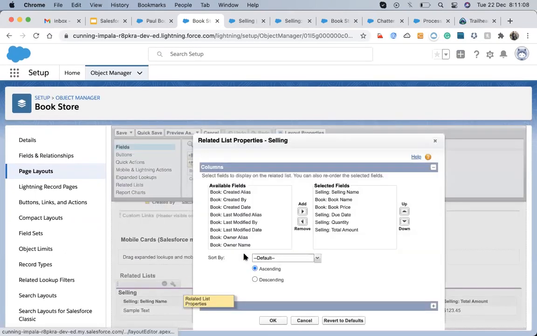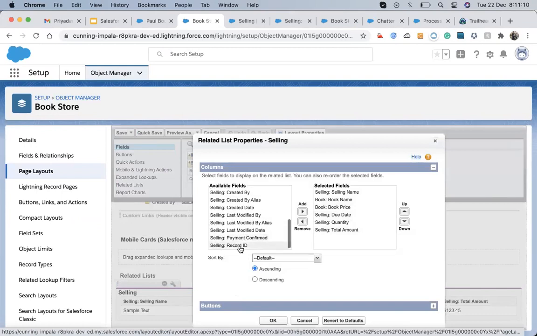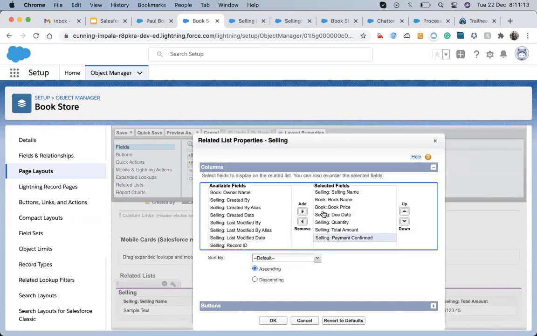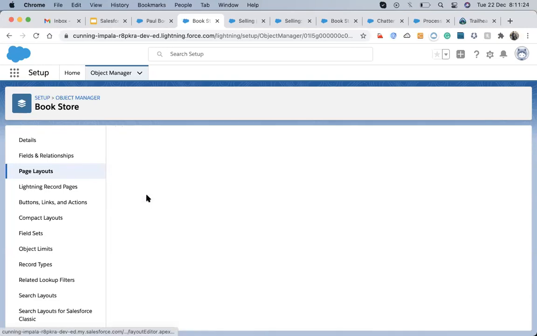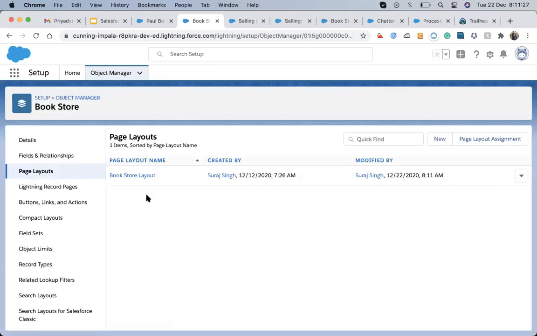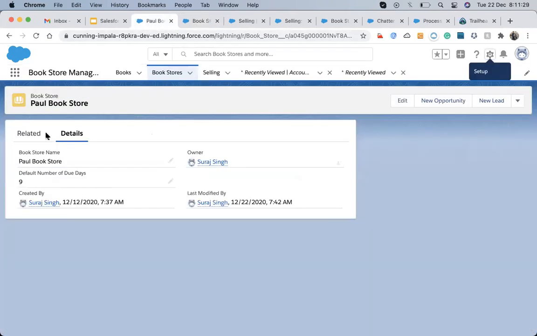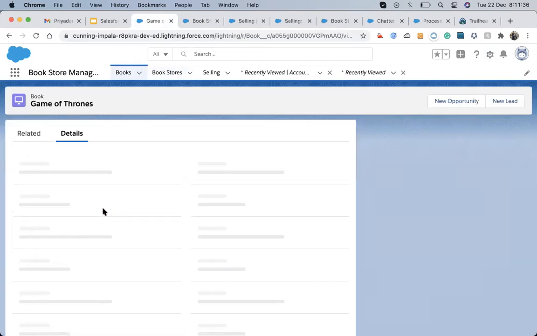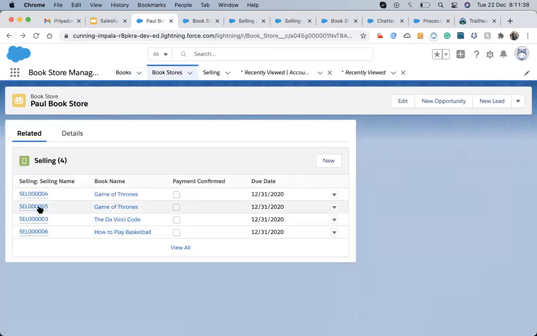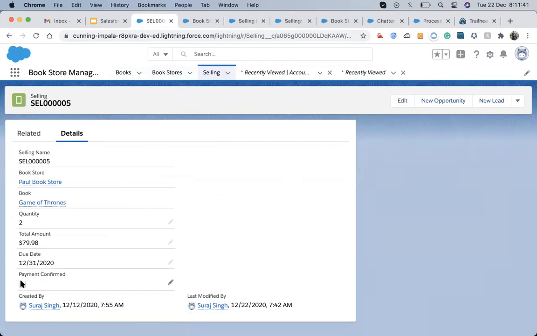Payment confirmed. Okay, let's make this one payment confirmed.